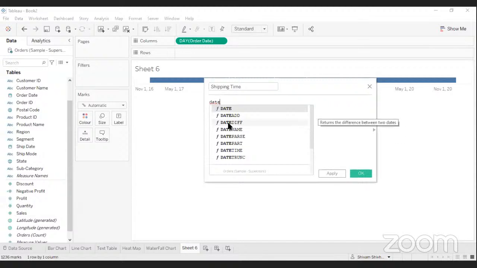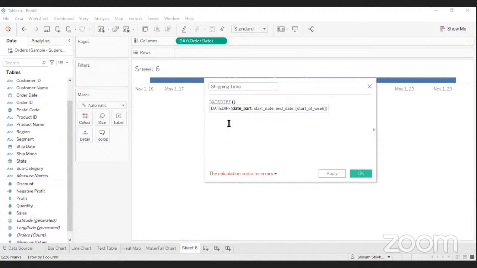In that case, you just simply type date difference. Based on what? Because we are already taking day here in the column, we selected it as day. Based on the day, so it is also suggesting the date part, start date, and the start of week. I just want it based on the day. So just simply take a single quote and type day, and again a single quote to close this, and then